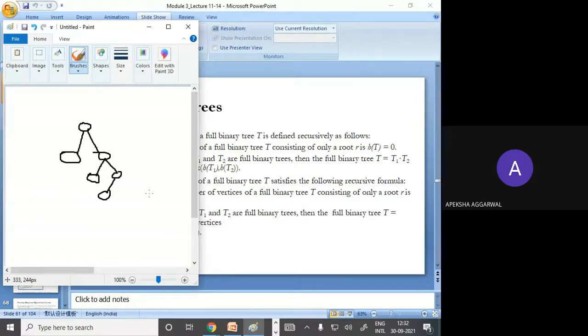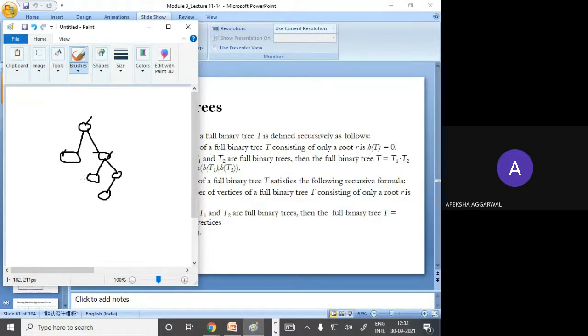Okay, so a binary tree is nothing, you just store the data over this node, over here, over here, at all the nodes you store data, plus you also store the pointer to the next node. So at every node you store 2 pointers because it's a binary tree. You store the pointer to the left child and you store the pointer to the right child. So this is the overview of a tree.